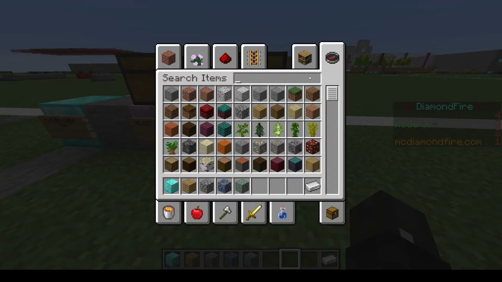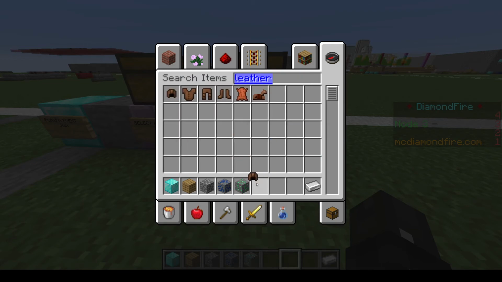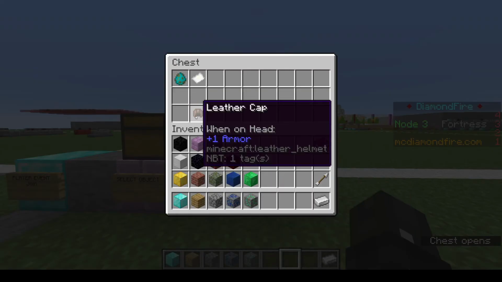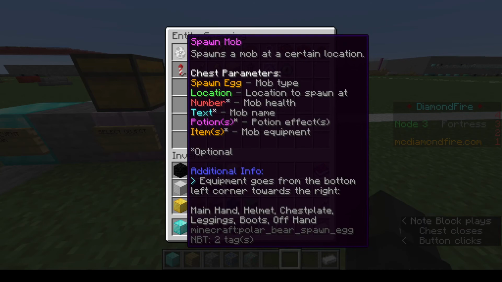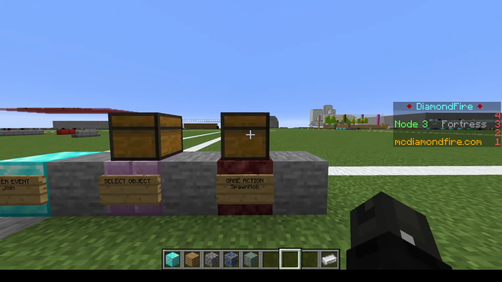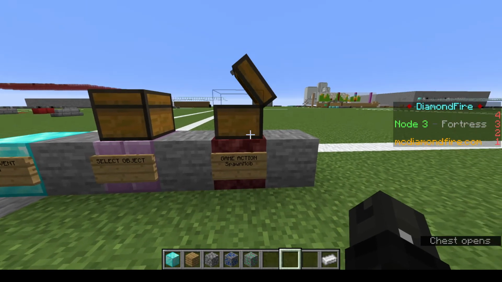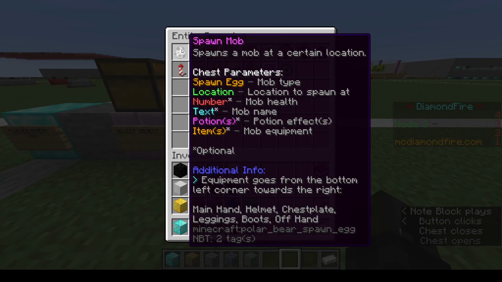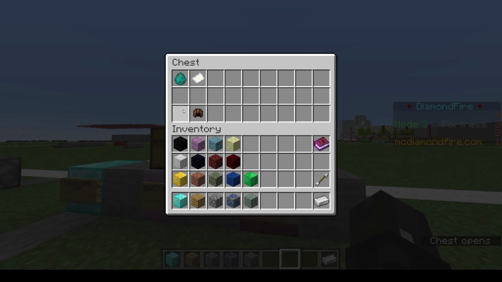So if you didn't want them to be on fire, you could give them something like a hat in this slot, since it goes from the bottom left corner towards the right, which would be over here, going to the right, main hand, helmet. So this would be main hand, helmet, chest plate, leggings,